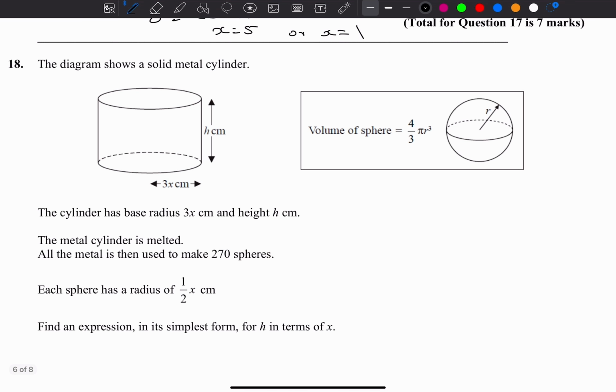Okay, the cylinder with the base of 3x and the height of h. The cylinder was melted to make 270 spheres. Each sphere has a radius of a half x centimeter. Find an expression for h in terms of x. Okay, what is the volume of this